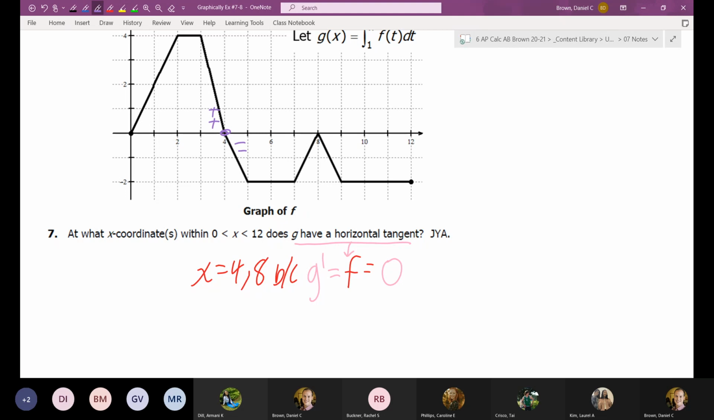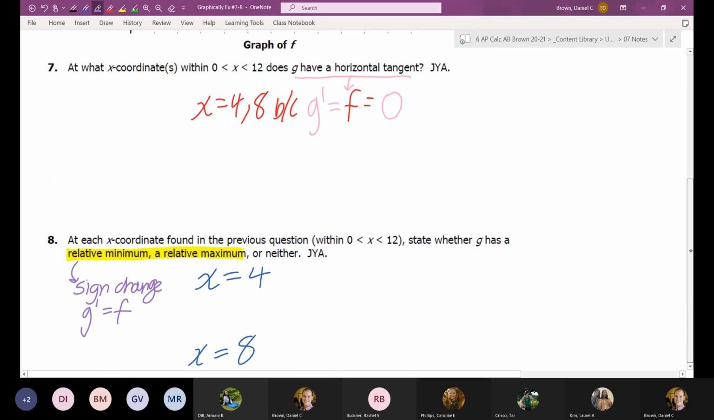If your derivative switches from positive to negative, are we having a relative minimum or a relative maximum? Positive to negative will be a maximum. So x equals 4 is a relative maximum. How do I know that? Because, let me do proper grammar, don't need a comma there. Because G prime, which is equal to f of x, changes